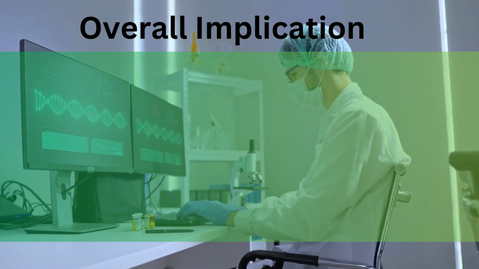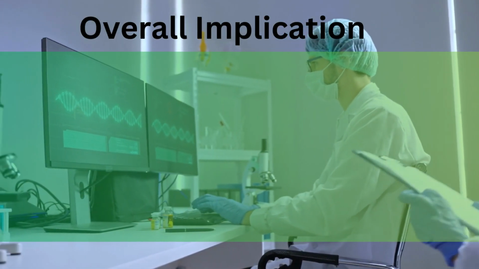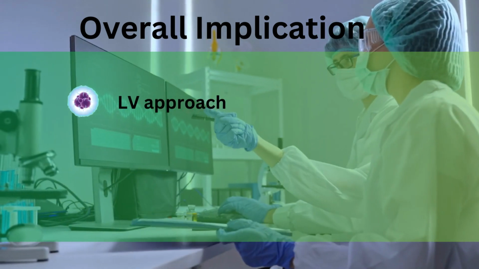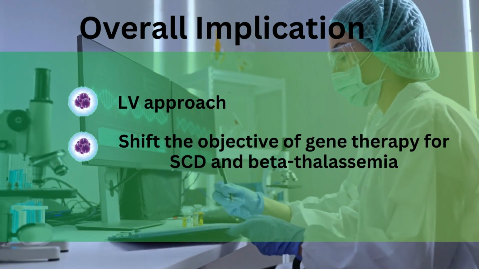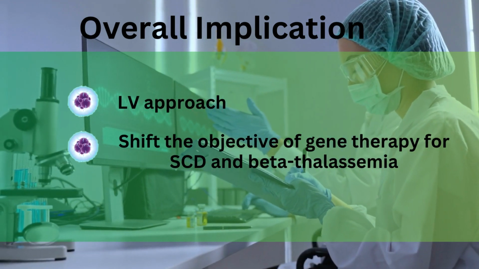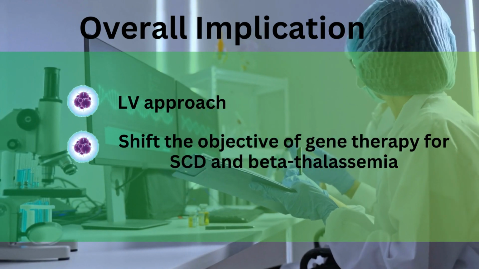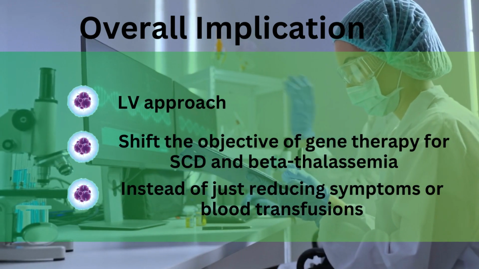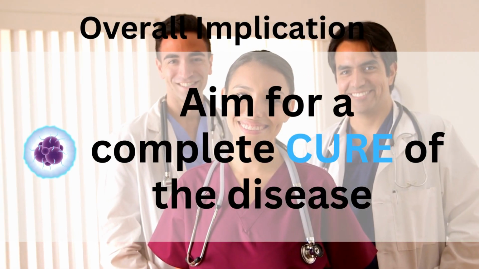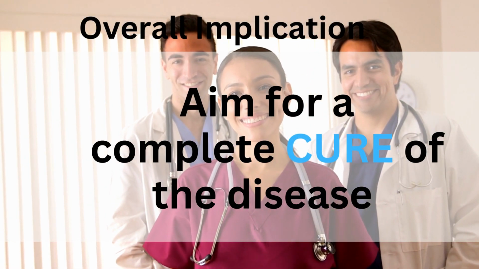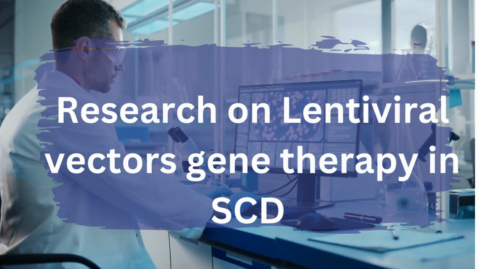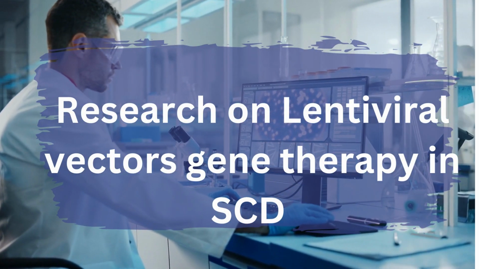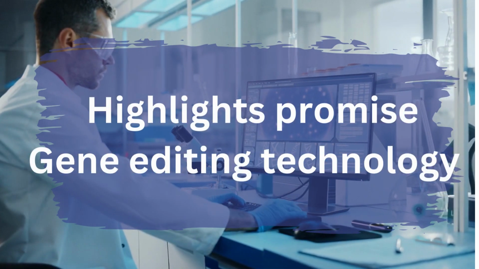Therefore, the overarching implication of the article is that the described lentiviral approach could shift the objective of gene therapy for sickle cell disease and beta thalassemia. Instead of just reducing symptoms or the need for blood transfusions, the therapy could aim for a complete cure of the disease. The research on lentiviral vectors for gene therapy in sickle cell disease highlights the immense promise of gene